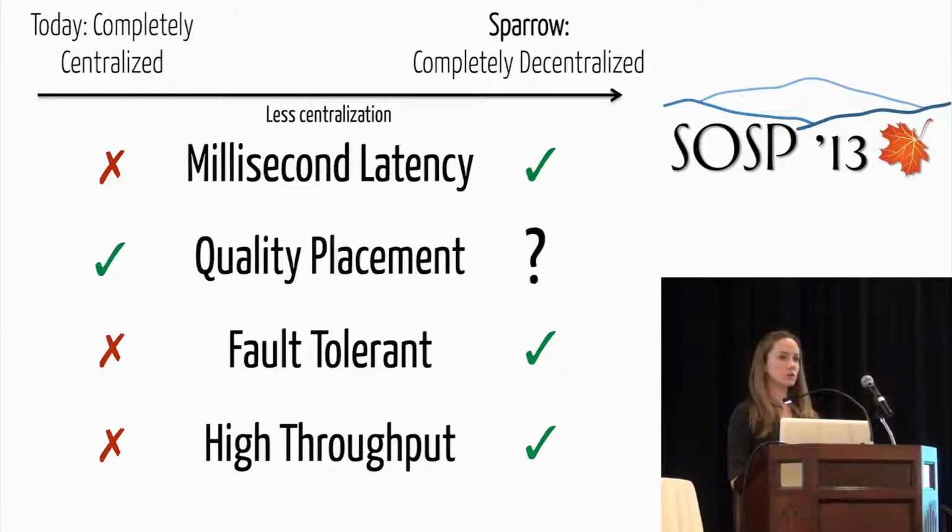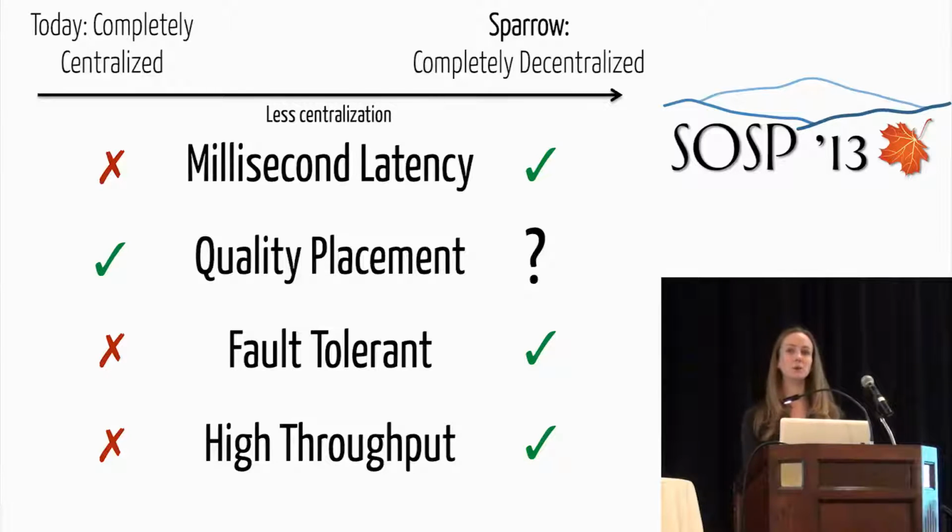Returning to this list of goals, we've talked about why high throughput is difficult to provide with today's centralized scheduler designs. It's also difficult for a centralized scheduler to provide low latency. Many of today's centralized schedulers improve throughput by batching multiple job scheduling requests together, but this harms latency. It's also difficult for a centralized scheduler to provide fault tolerance. Doing fault tolerance requires doing things like replication and checkpointing that are very difficult to do at a 100 millisecond level scale when these jobs are very short.